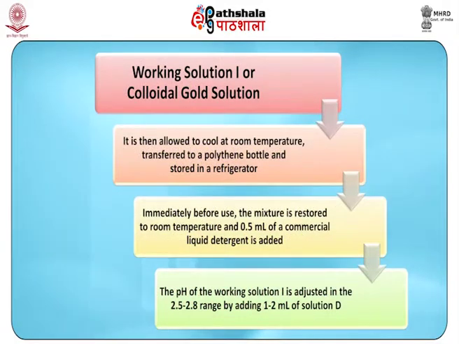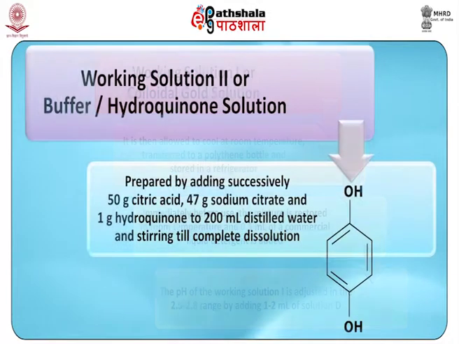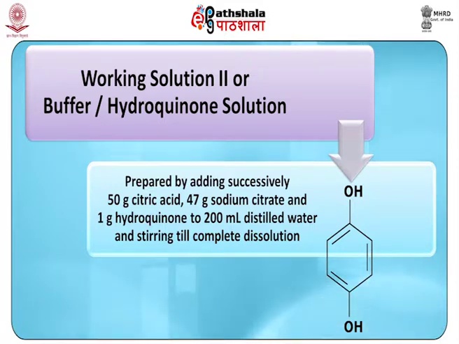It is then allowed to cool at room temperature, transferred to a polythene bottle, and stored in a refrigerator. Immediately before use, the mixture is restored to room temperature and 0.5 ml of a commercial liquid detergent is added. The pH of the working solution 1 is adjusted in the 2.5 to 2.8 range by adding 1 to 2 ml of solution D. Now, working solution 2 or the buffer or hydroquinone solution is prepared by adding successively 50